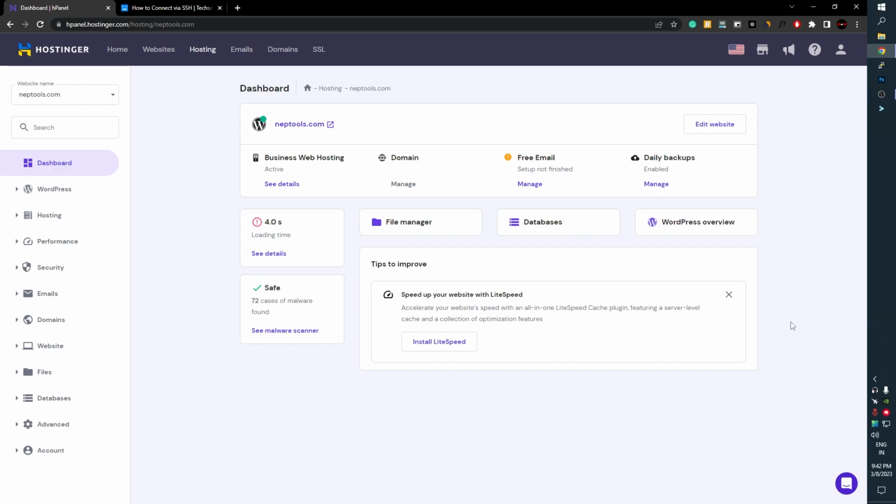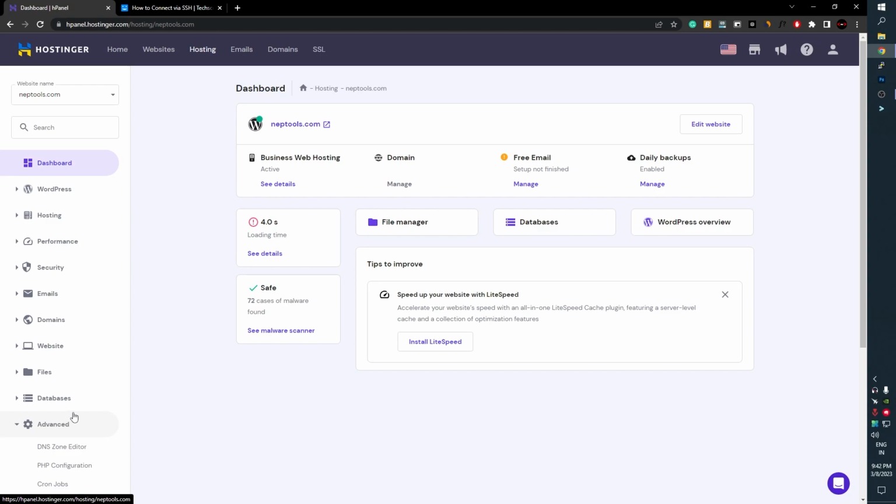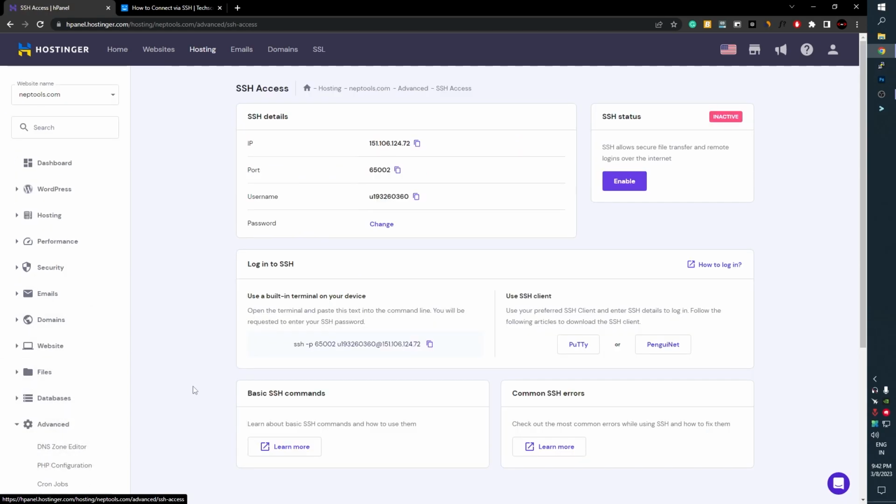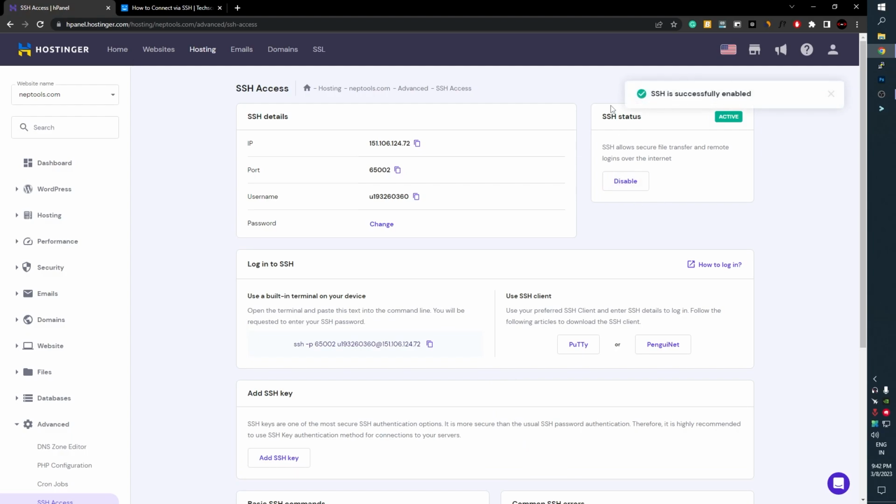Firstly, you guys need to log into your hosting account and choose your preferred domain for which you want to enable your SSH. Then move on to the advanced tab over here and click on the SSH Access. Once you are here, you guys need to simply click on this enable button. So after you have enabled it, your SSH is successfully enabled,